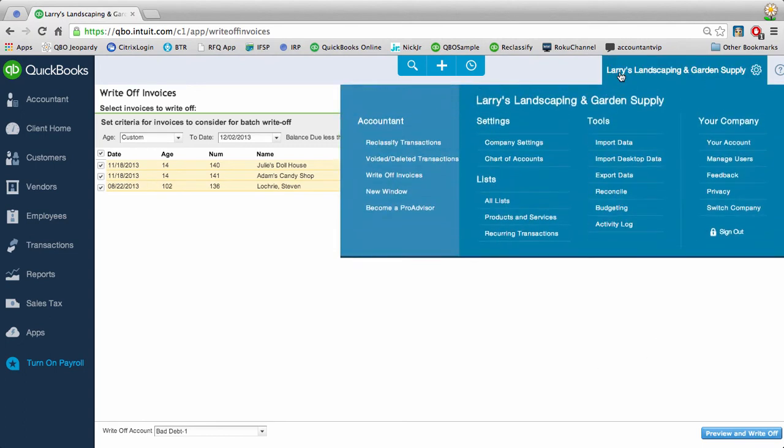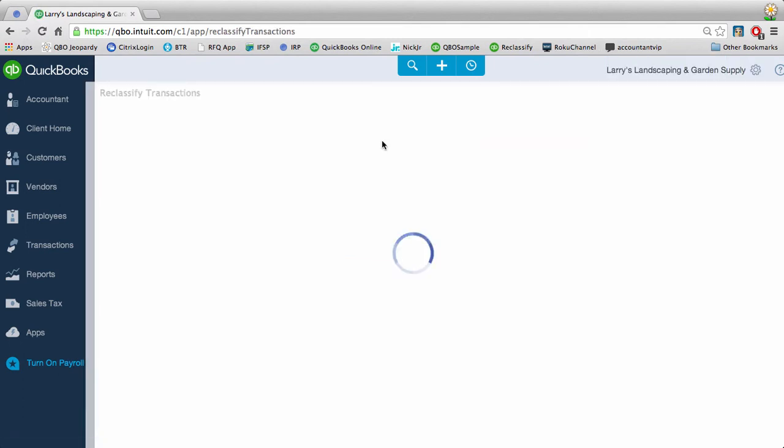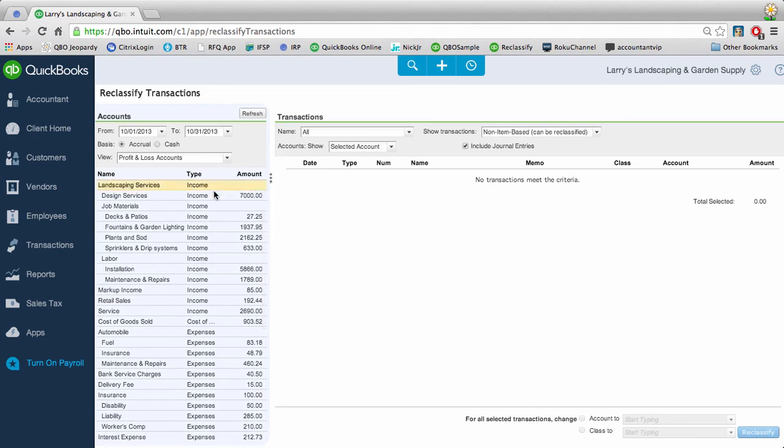The next thing that I want to show you is reclassify. So again, I'm going to click my company name or my gear icon, and I'm going to go over to my accountant section here and click reclassify transactions. And if I just choose decks and patio, so job materials here, income, this looks maybe a little bit weird. Maybe we realize that this wasn't supposed to be income, and so we can take this and say this journal entry,